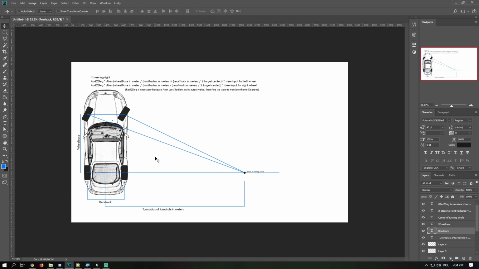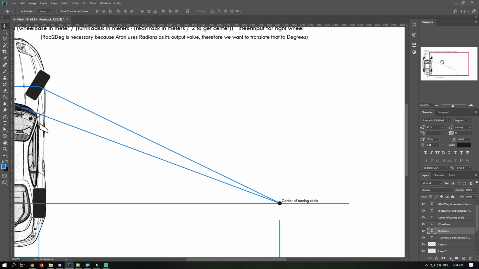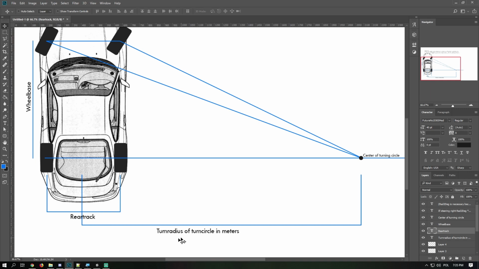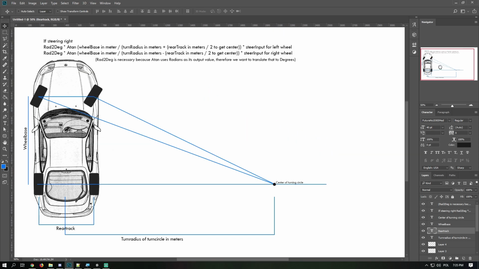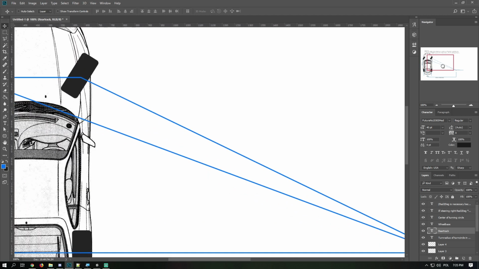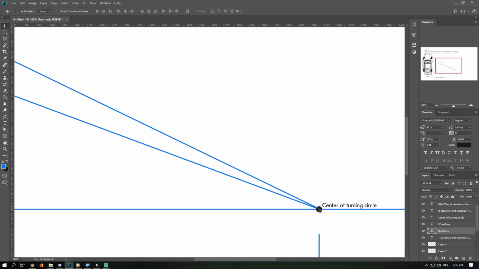That stuff is online. But as you can see in this example specifically, because this is how Ackermann steering does it, both originate from the turning circle center. So imagine like a circle around this center, which, as you can see, is the turning radius. So from the center of the car to the center of the turning circle is the turn radius of the car. But in this example that I drew up here, both of them go to that center of the turning